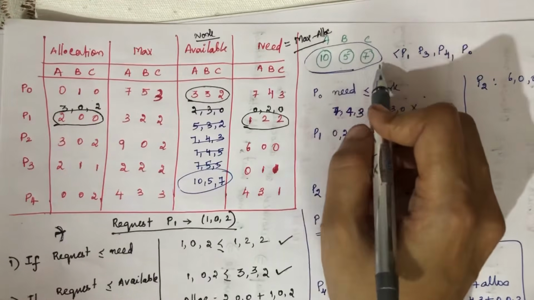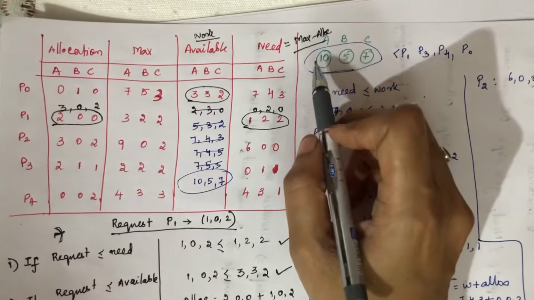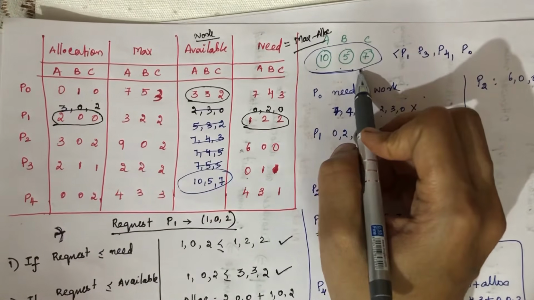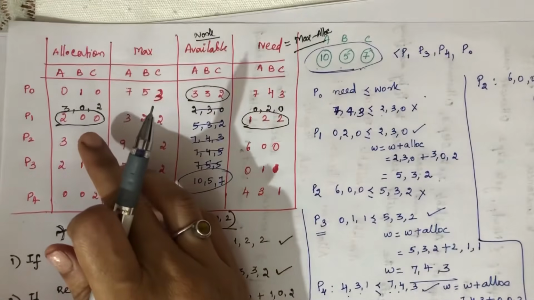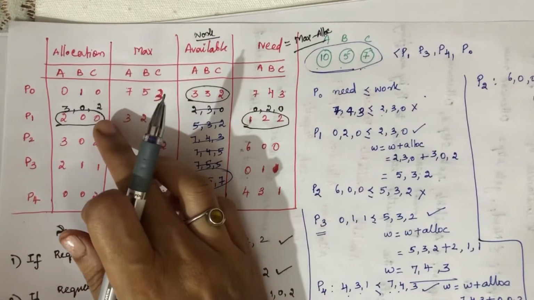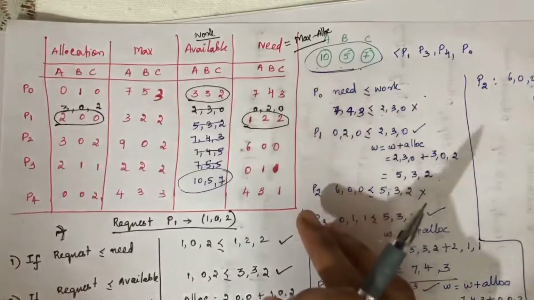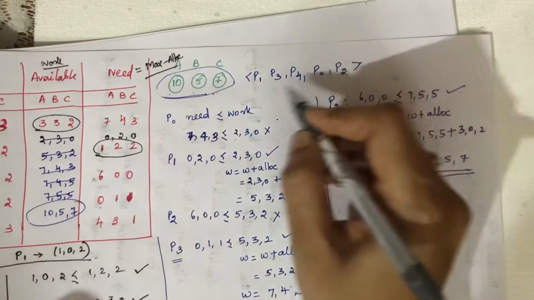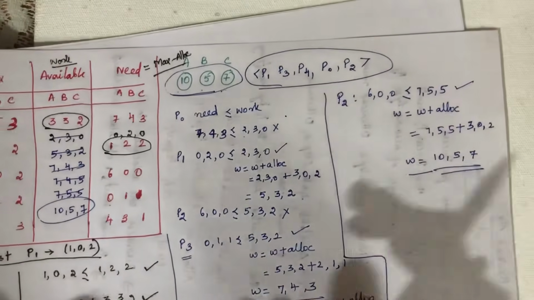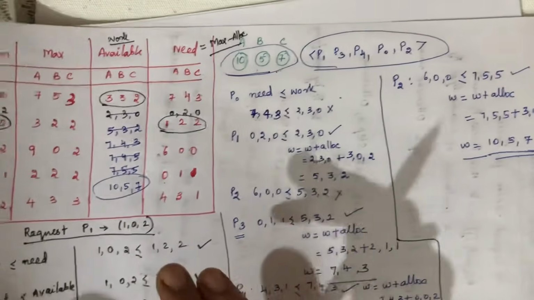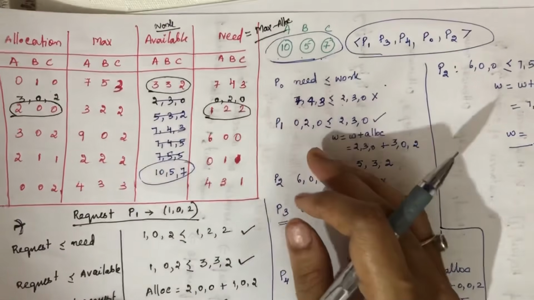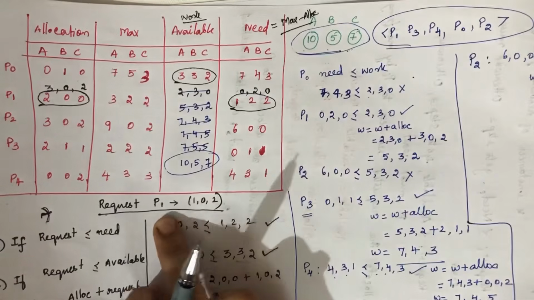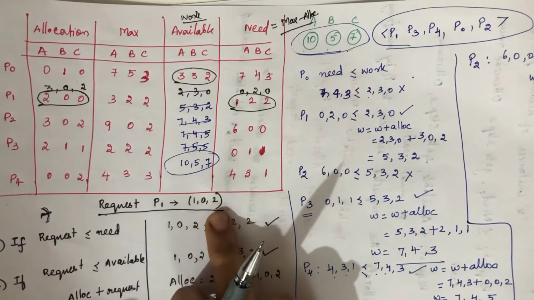This is what all the resource types initially had: 10 instances of A, 5 instances of B and 7 instances of C. So after we allocate the resources following process P1, the system is in a safe condition. So we are going to add P2. This is the safe sequence. So using the resource request algorithm, we found that this problem will not go into deadlock. It will be in a safe sequence, even if the process P1 requests 102 resources from the system.